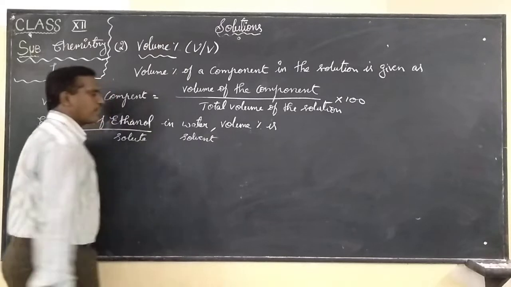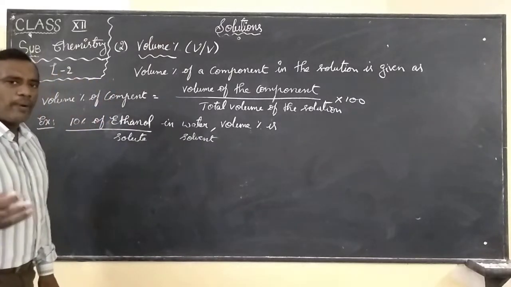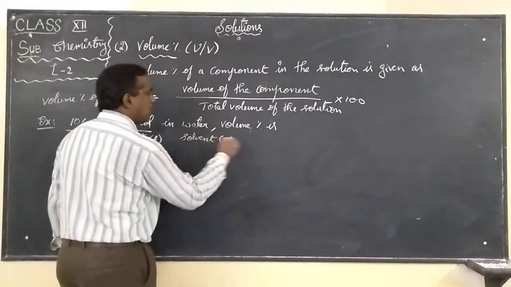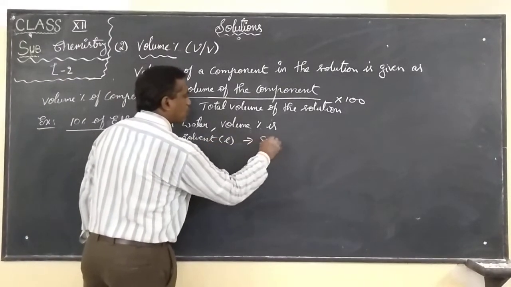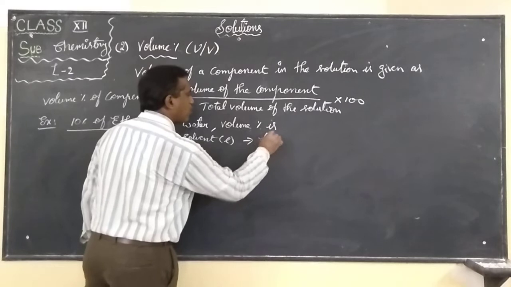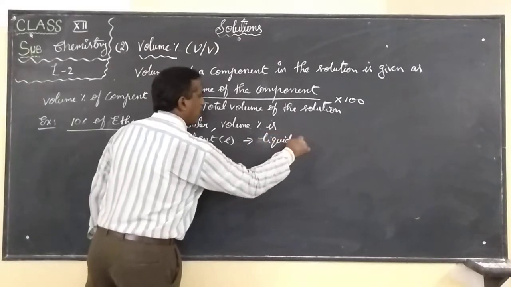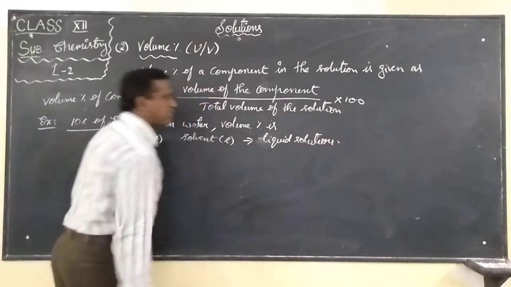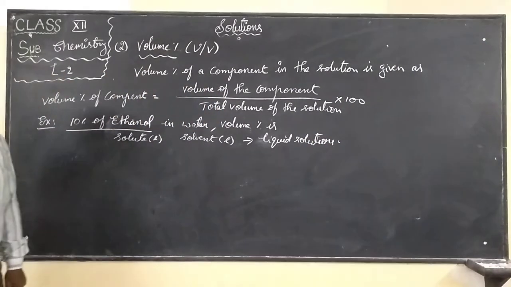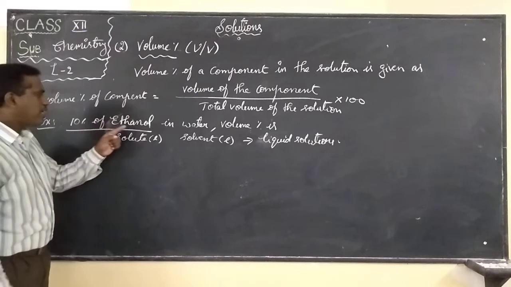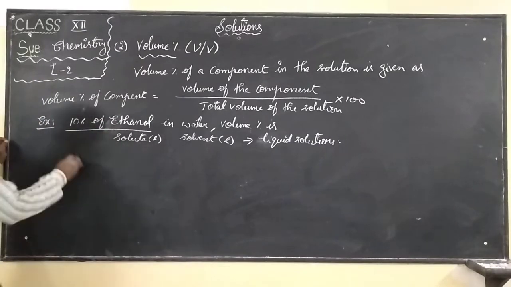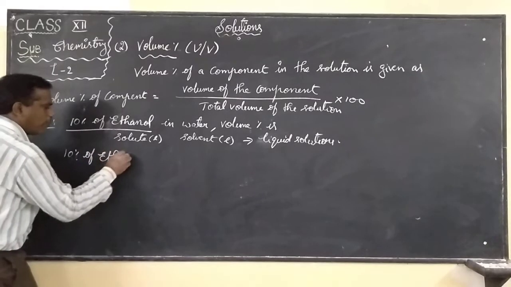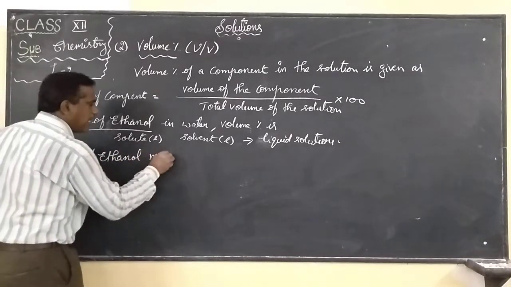When the solute is in the liquid state and the solvent is also in the liquid state, the solutions are called liquid solutions. So let us see, 10% of ethanol means 10